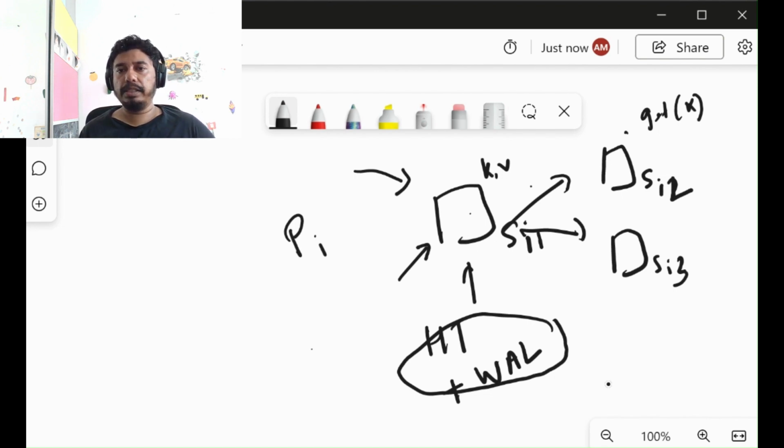Now see that both S of I2 and S of I3 were not replicated in time, and probably the replication process is still in progress. So when it goes to get this key from either S of I2 or S of I3, it will not find the particular key, and it will return an empty result, which is incorrect because we have already inserted the key before